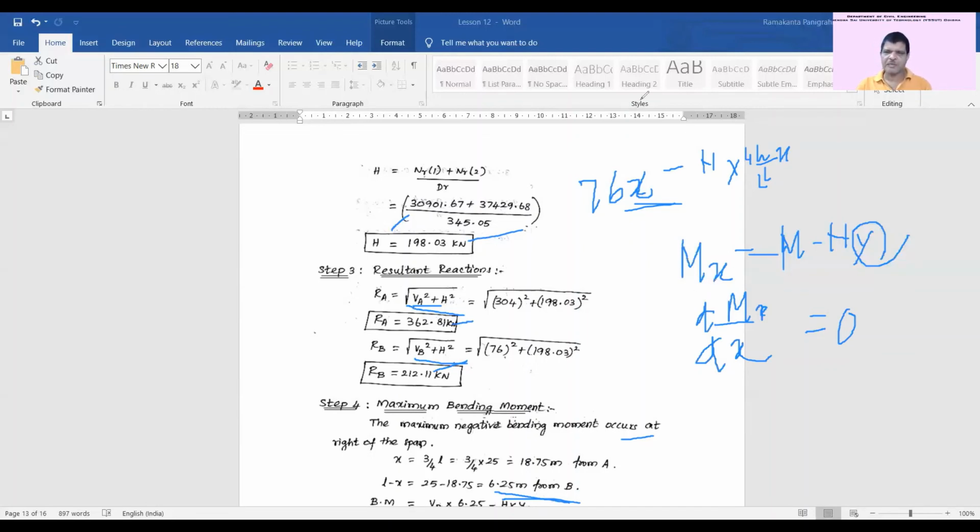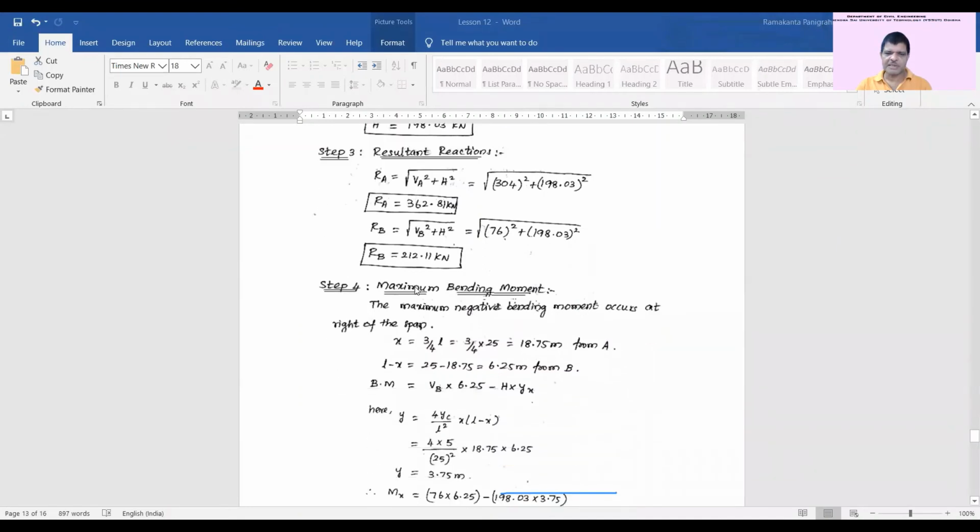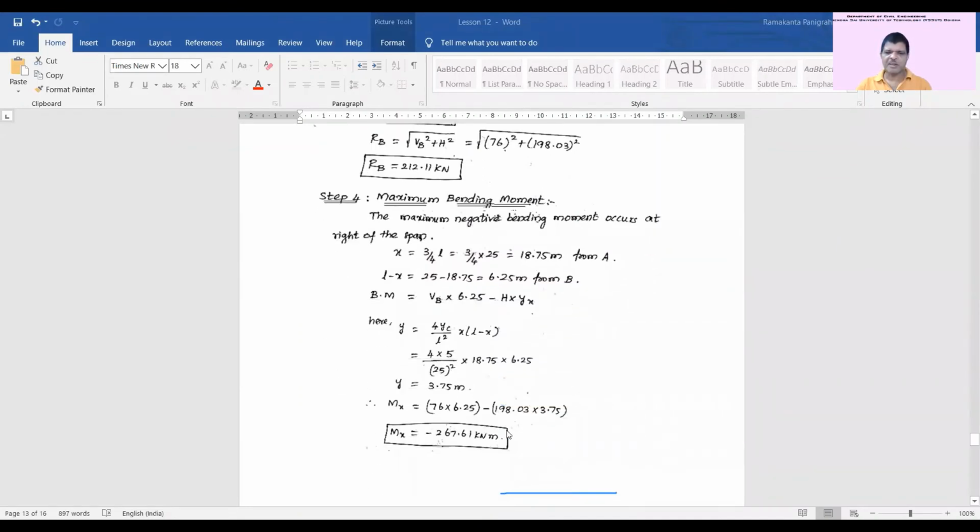So now you will find from this equation that x comes out to be 6.25 meter from B. If x is equal to 6.25 meter from B, then now put this in the equations to find the value. Now again at x equal to 6.25 meter, you have to find the value of y. Y value you have to calculate, because it is not yc, because h into y means y is the rise of this ordinate of the parabolic arch at any section. So it is not yc. Yc is only at the crown.